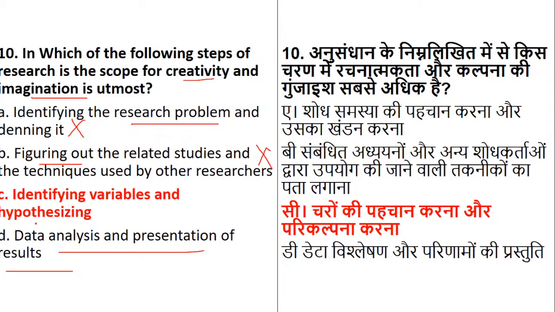Now, you can only put your creativity in identifying the variables. Whether you can make your research easier, whether you can make it complex but easy to understand, and hypothesis framing. There you can show your creativity with the help of negative statement, positive statement, what type of impact or what type of variables to add, how many variables to add, and make it easier for other audiences or people to read. That's how you can show your creativity.